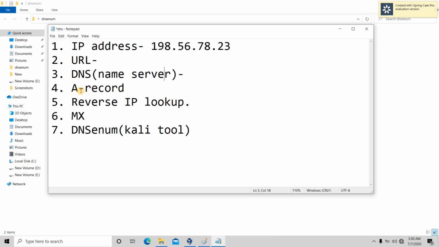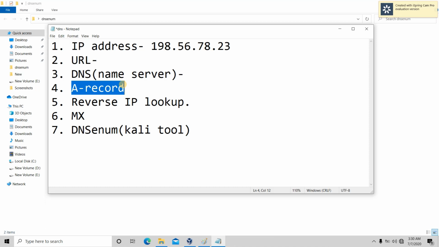Now let's see what is an A record. An A record is used to point to a logical domain name, and it is a type of DNS record that allows the address of a computer to be found using its host name.